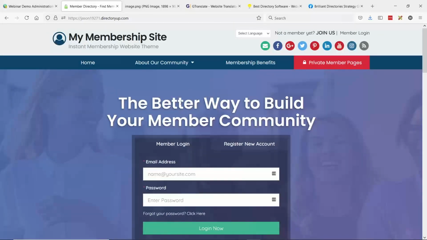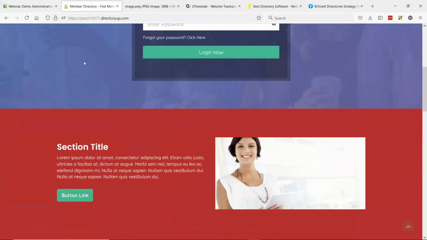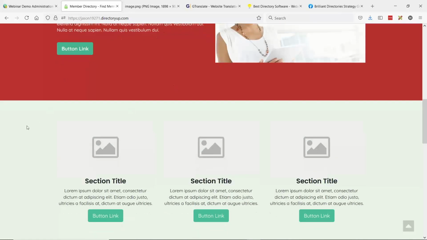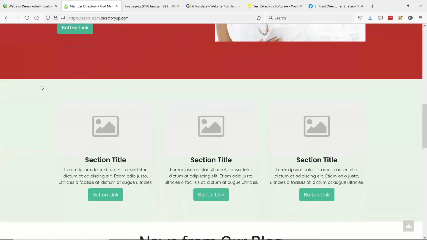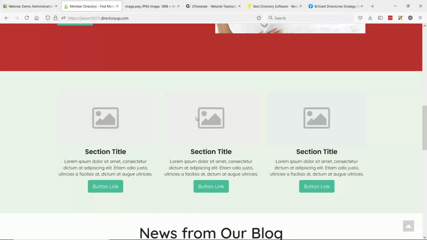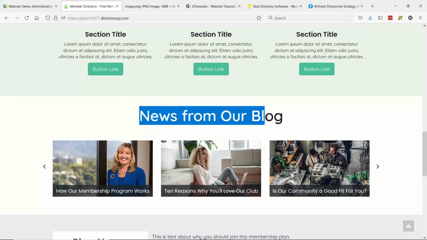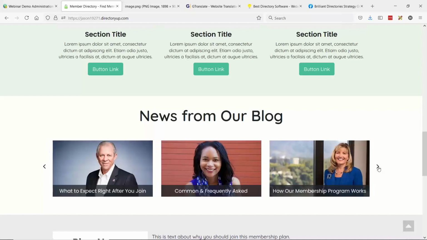So on this demo site, I've added it just under the hero section here. If we scroll down, we can see this is just a sample piece of custom content here. And it does work with the pre-made elements, so you can drag in pre-made elements as you're doing this. I've also added a background color to these homepage streaming sections for the custom content. Here's a second piece of custom content on the homepage here. And then here in this third spot, I'm actually just using the recent blog articles section here, and I've enabled the carousel slider on the homepage.